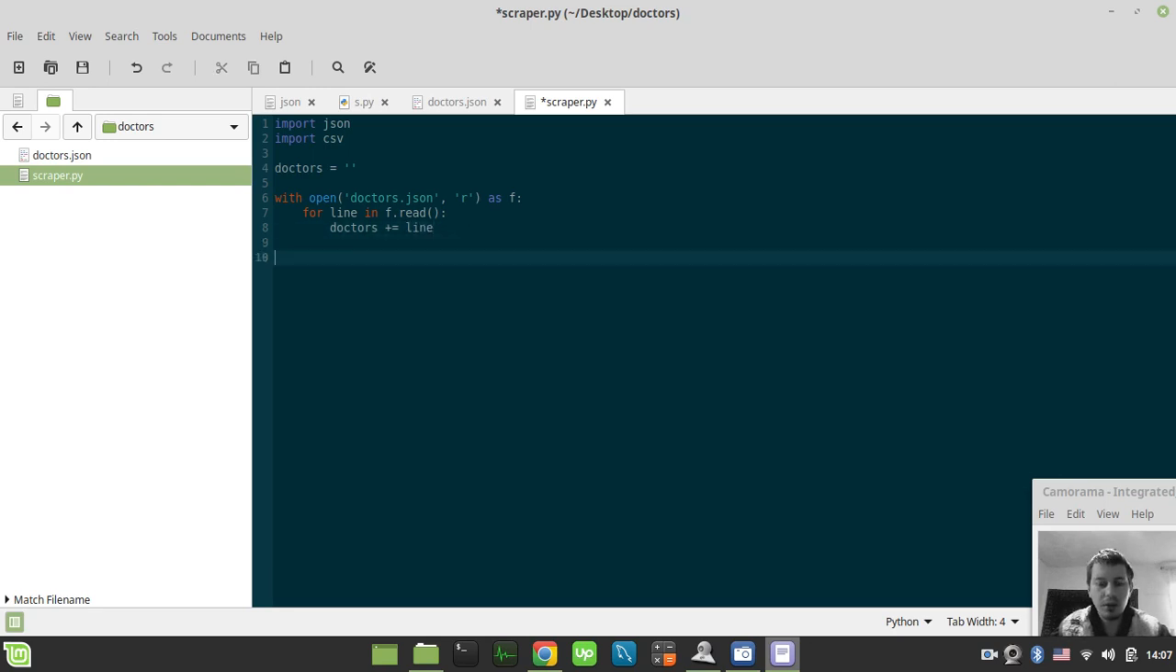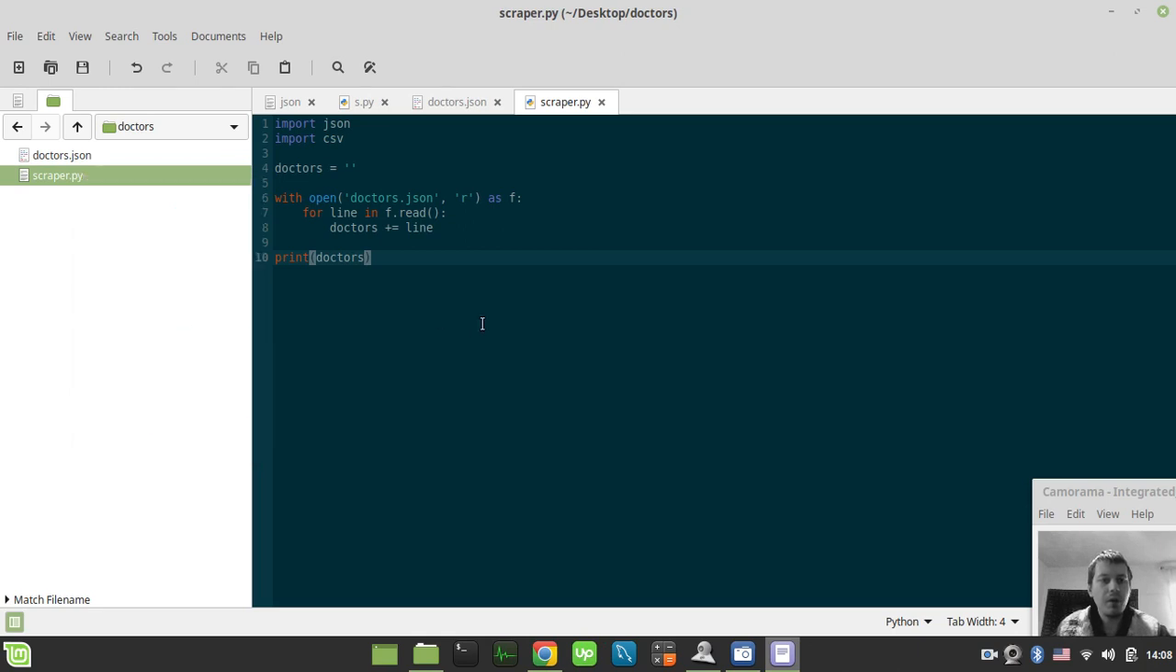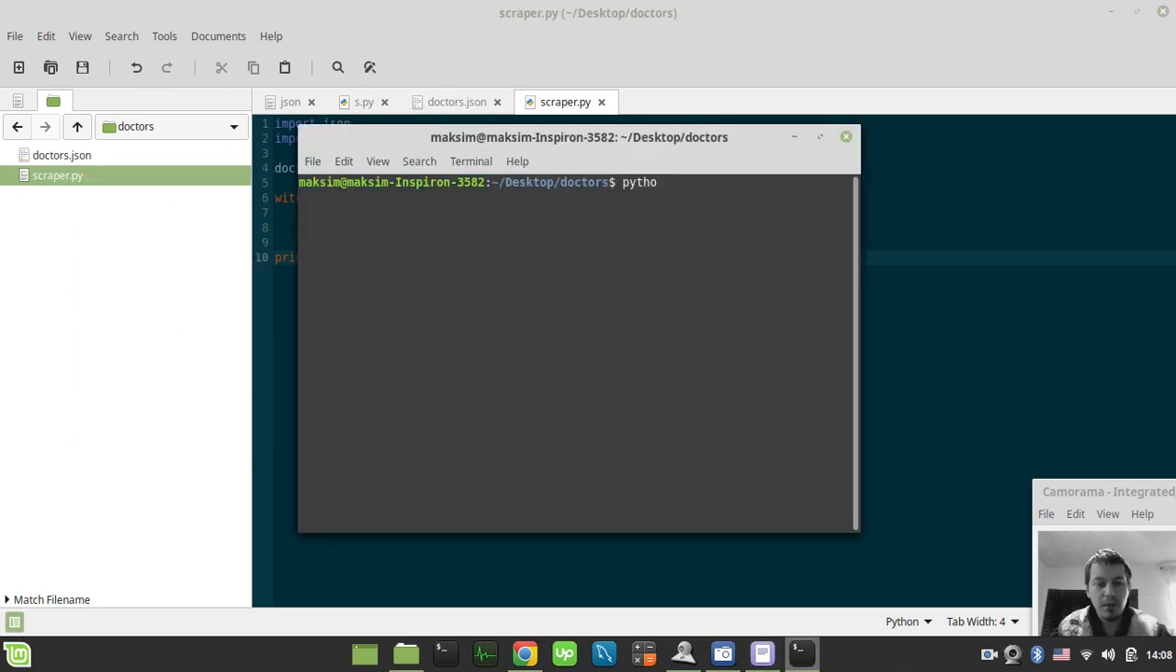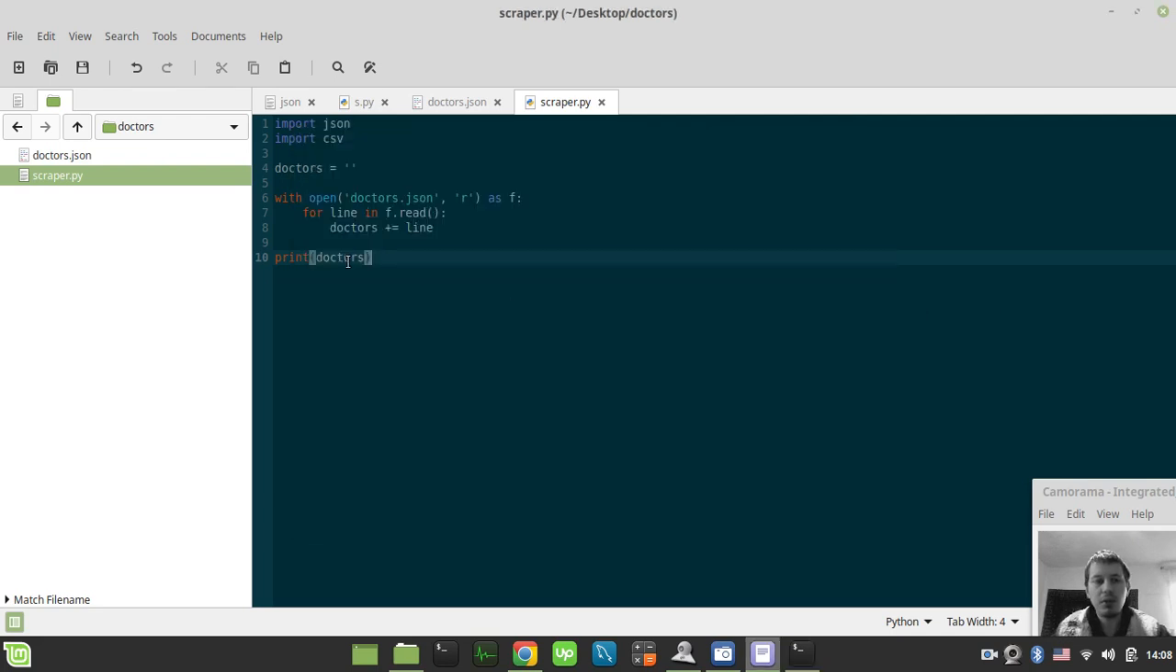So let's actually print our doctors to console. So for now it's the plain string, so let's actually have a look if we did succeed to load this file to our Python environment. So open terminal and simply say python3 scraper.py. Okay, so we have our JSON string response here, and now it's time basically to convert this sort of